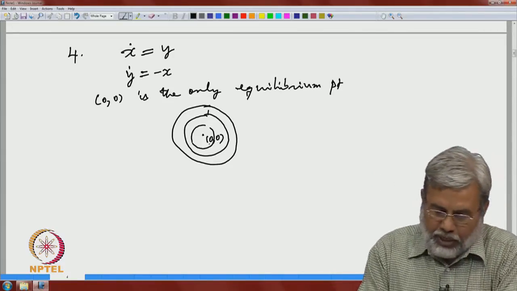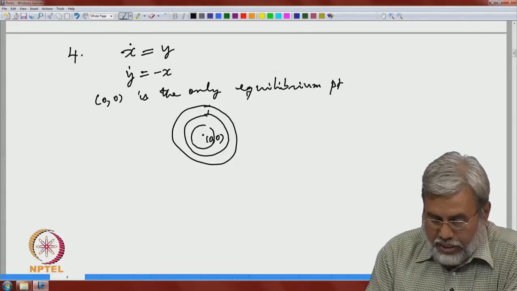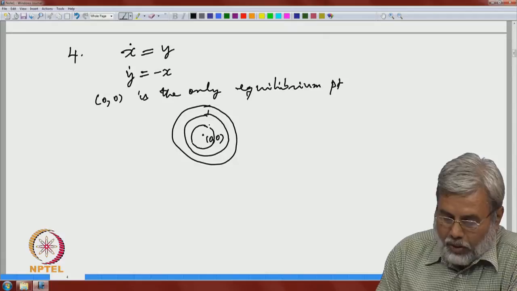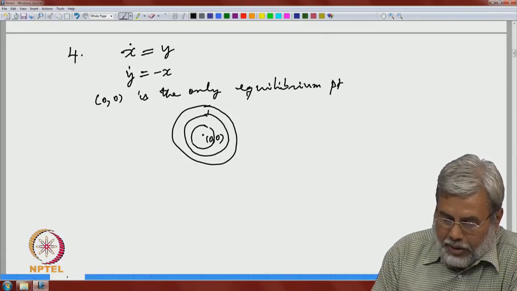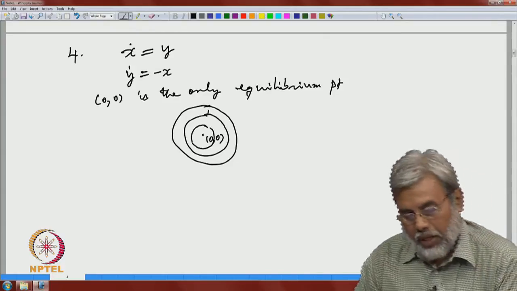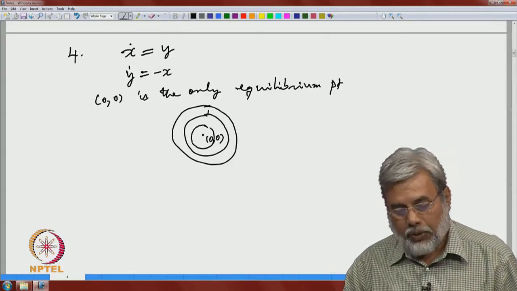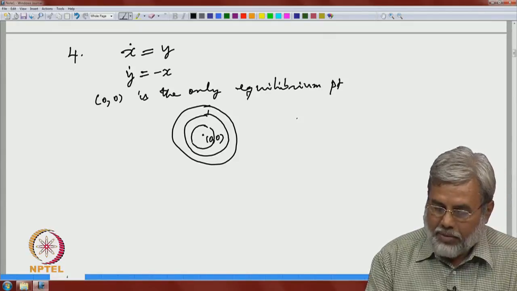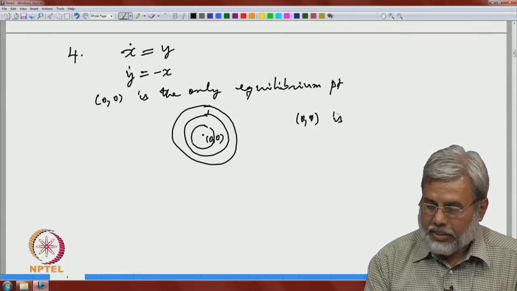So, no doubt if you start in a small neighborhood around origin, the positive orbit stays close to origin, but in any case it can never converge to the origin as t goes to infinity, because it always lies on its circle. So, here we have an example: this 0 0 in the 2D case is stable,